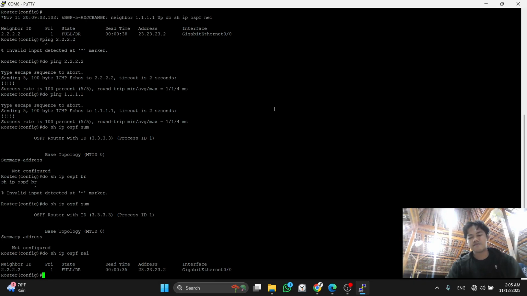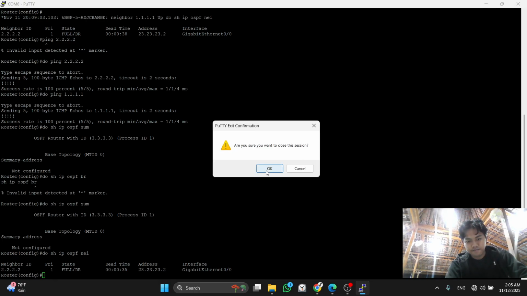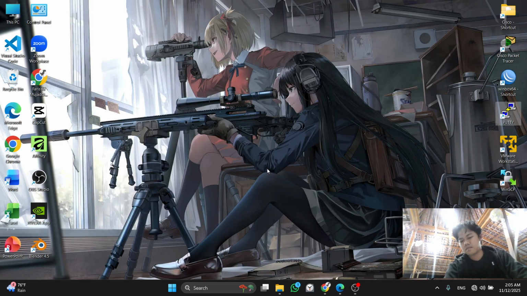Okay, for the last I will check ping at the router P. This is the lazy part of configuring with the real device. Is router 1 done with the ping test? It has been done.